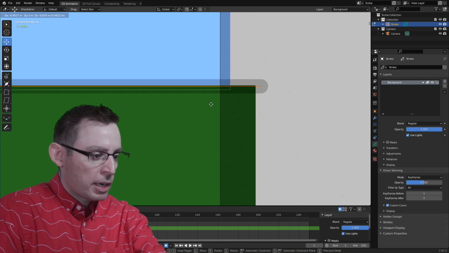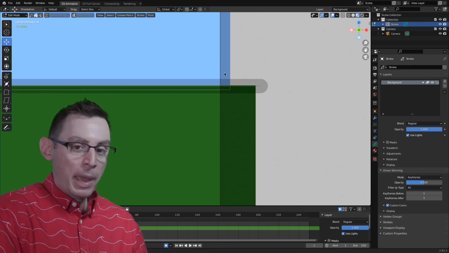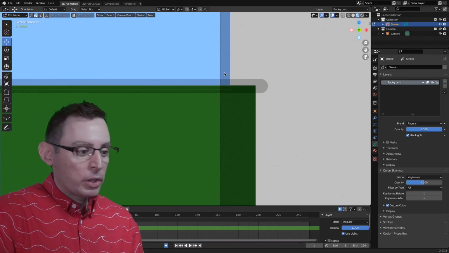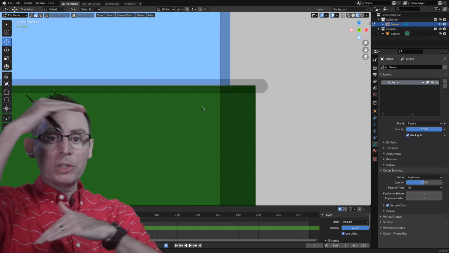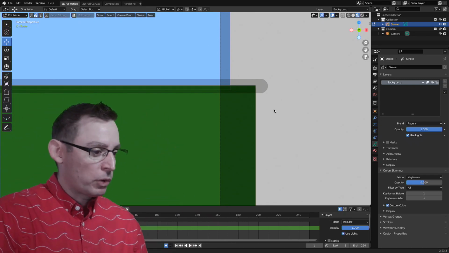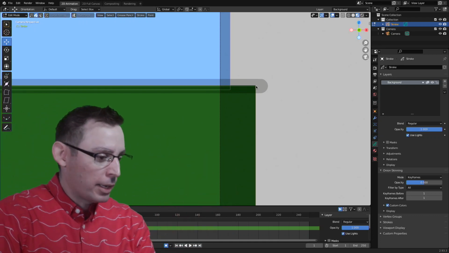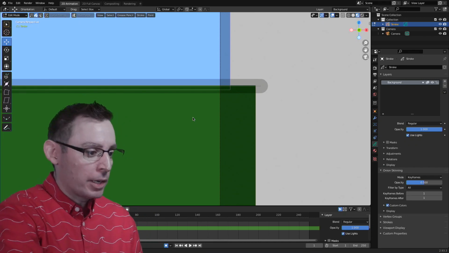Whenever I'm working inside of Blender, I try to make sure that the shapes that I'm using for the background extend past the boundaries of my frame just ever so slightly. That way I can very quickly go in and select them after the fact. When we render, obviously, it's only going to render what's inside the boundaries of our frame, so we can get a little sloppy and have our scenes extend outward if we'd like. All right, let me grab that shape real fast. And now I'm going to right-click on it.